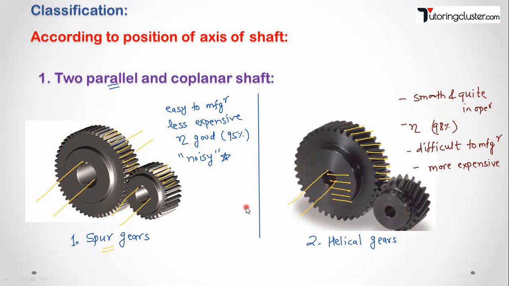Second, spur gears are less expensive and easy to manufacture as compared to helical gears. If you are going to compare these two, the efficiency of helical gear is more. And a major thing you have to remember is that spur gears are noisy in operation as compared to helical gears. Now, one more important point you have to remember here is